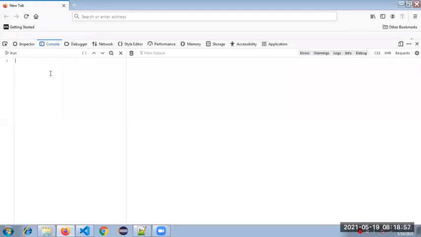For example, see here. Does anyone know Java, how to print a line? In Java, what do we use to print a line?